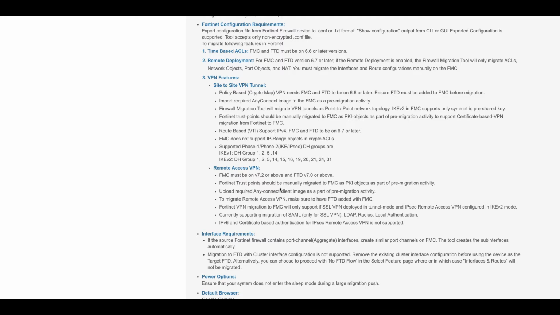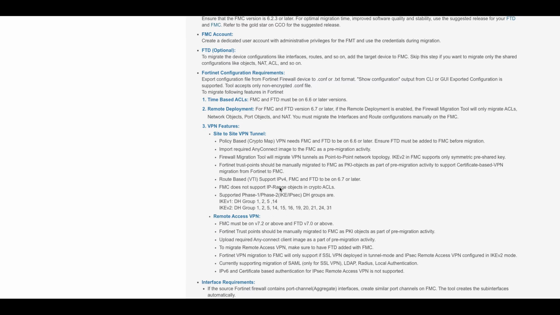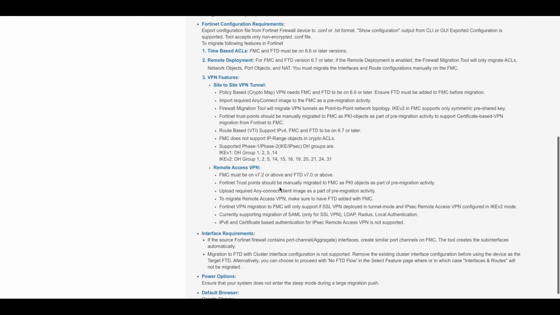Prerequisites for RAVPN include that FMC should be 7.2 and FTD should be version 7.2 or above, and FTD should be added to FMC. The trust point should be manually migrated to FMC as PKI objects and upload the required AnyConnect images as part of the pre-migration activity. Currently, it will only support migration if SSL VPN is deployed in tunnel mode and IPsec RAVPN is configured in